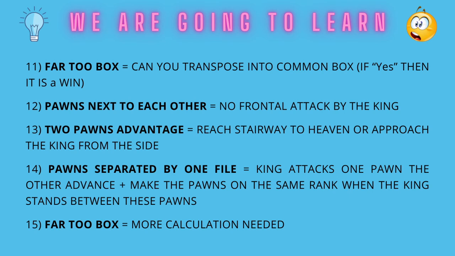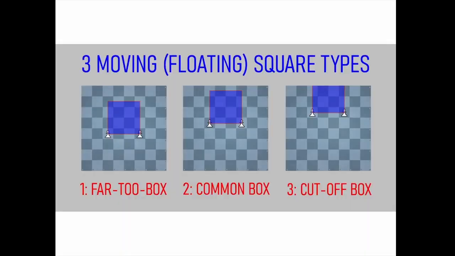What are the rules to know about the pawns on the same rank separated by one file? When is more calculation needed to figure out if one of the pawns can promote without the king's support? And now let's have a look at why these moving squares or floating squares are so important to recognize